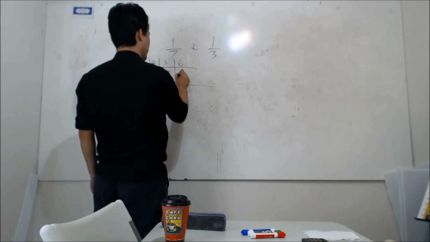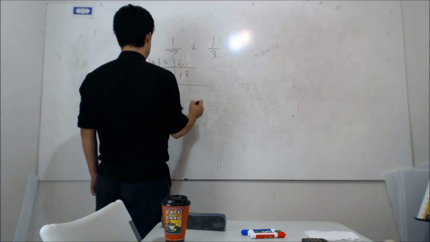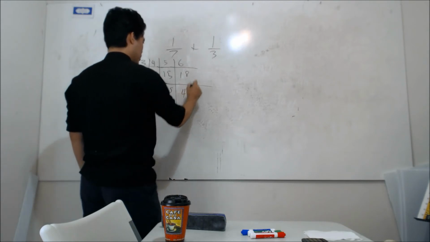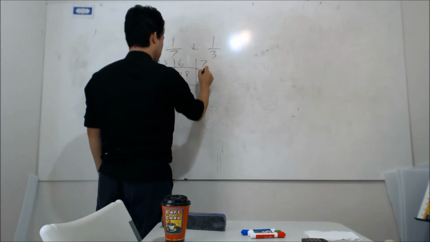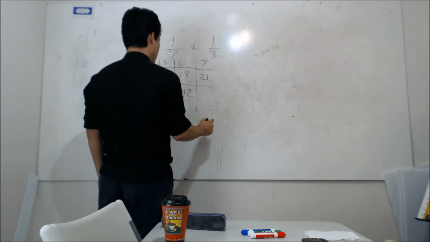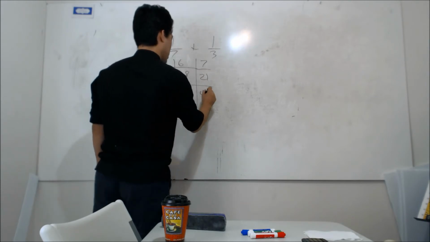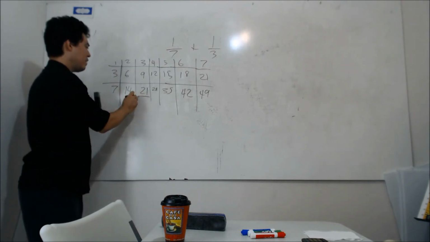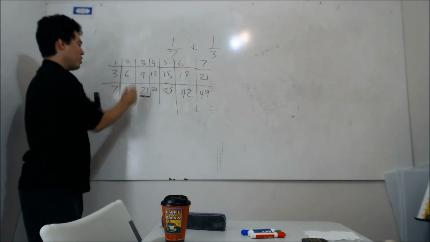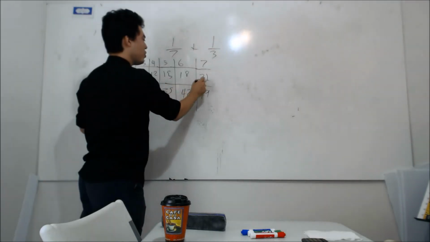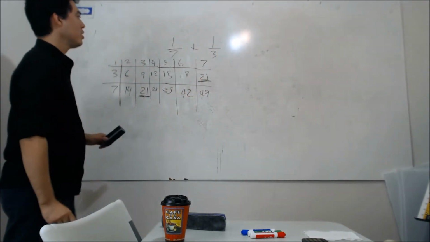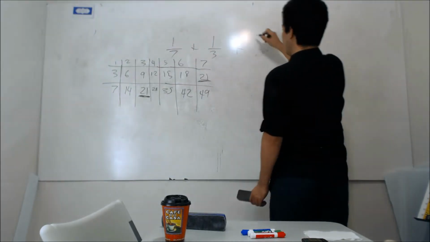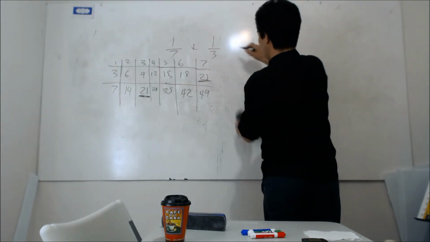6 times 3 is 18. 6 times 7 is 42. And then 7 times 3 is 21. And 7 times 7 is 49. Aha! Look at this. 7 times 3 is 21. And 3 times 7 is 21. Aha! So we're going to take our original problem, 1/7 plus 1/3. We're going to, and this is going to equal